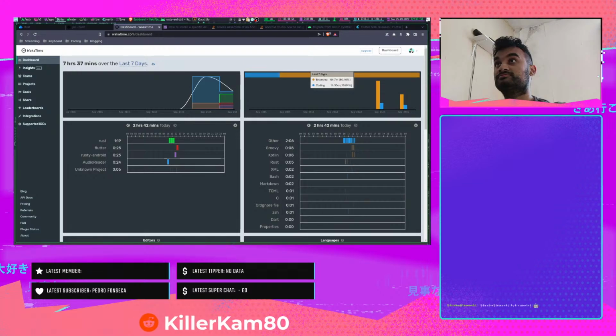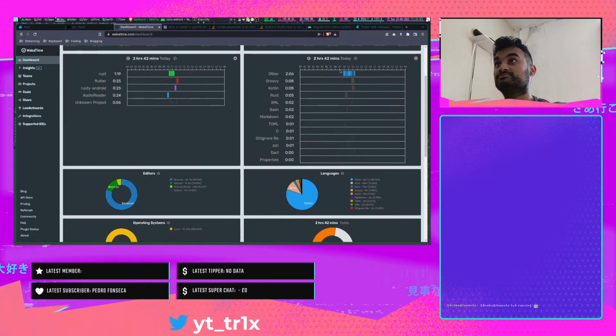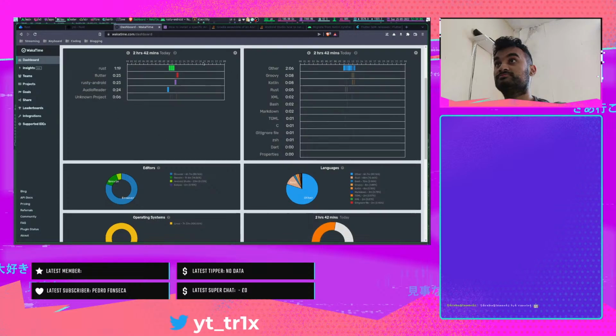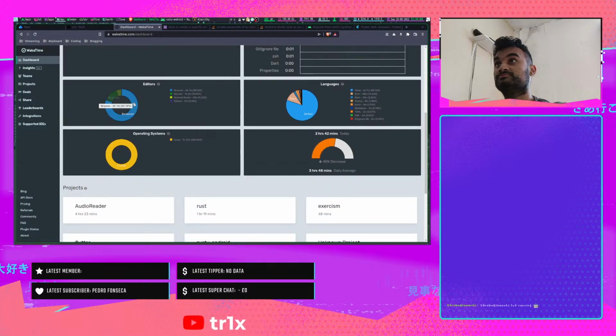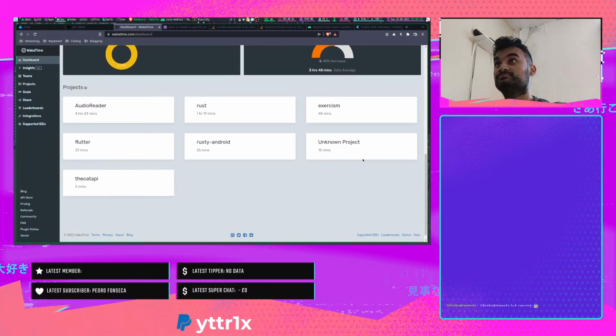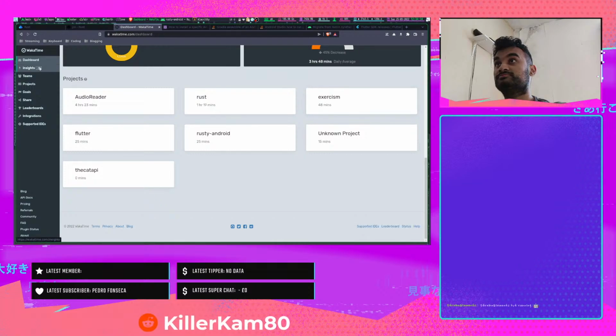Then over the last 7 days, I've just been doing coding and browsing for like 6 hours. This just shows more detailed stuff. In terms of editors, this is skewed because I did have my browser there, but I'm using NeoVim most of the time, Android Studio, and Eclipse. Languages: other, Rust, Bash, Groovy, Kotlin, Markdown, Toml, XML, Gitmo. Operating systems, Linux. Today, I'm down 45% in what I've been doing, and these are the projects that I've been working on. So if I go to Insights,